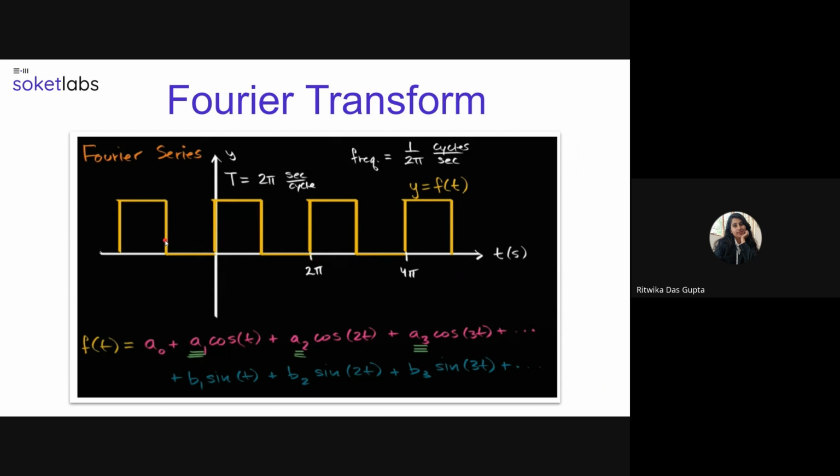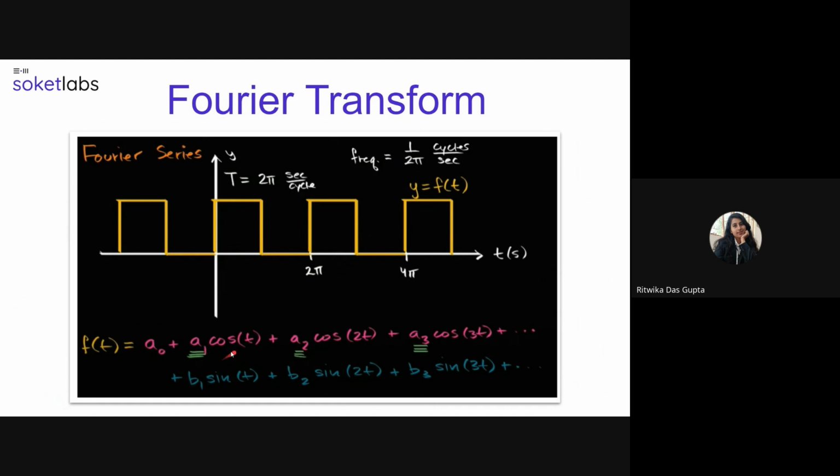To understand how to convert from the time domain to the frequency domain, this is possible. For example, we have this kind of periodic graph, y equal to f(t). In this, the time period is 2 pi. That means the period between them is 2 pi. So the frequency is 1 by 2 pi here, and it can be denoted in the form of this function in terms of cos and sine, where a0 is the baseline, which can be shifted up and down, and is the average value of the function over time for a period.